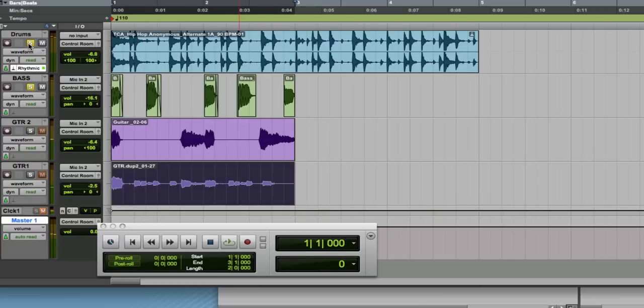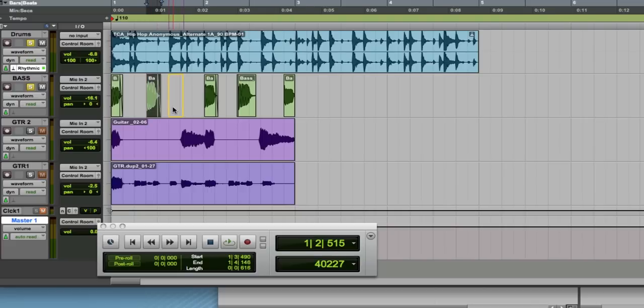All right, well, it's in time better, but what I don't like about it is that the bass line here just has a mind of its own. It's not locked in with the kick. So since I identified the kicks here, I'm going to just actually do a little rearranging on this part